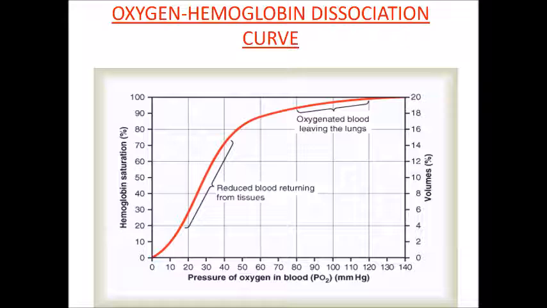Now you can see the red line which is called the oxygen hemoglobin dissociation curve. If you trace the normal PO2 value of 95 in the systemic artery, you can see the percentage saturation is nearly 97%. Similarly, trace the PO2 of 40 mmHg in the systemic veins, then the percentage is nearly 75%. So, the hemoglobin saturation varies from 97% in arterial blood to 75% in venous blood in normal resting conditions.